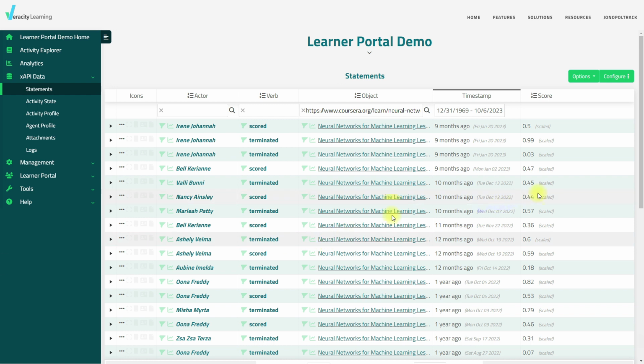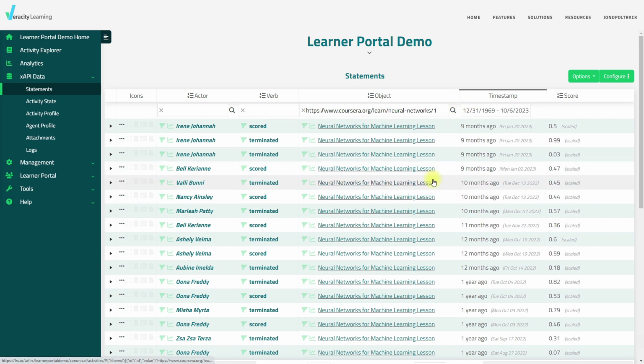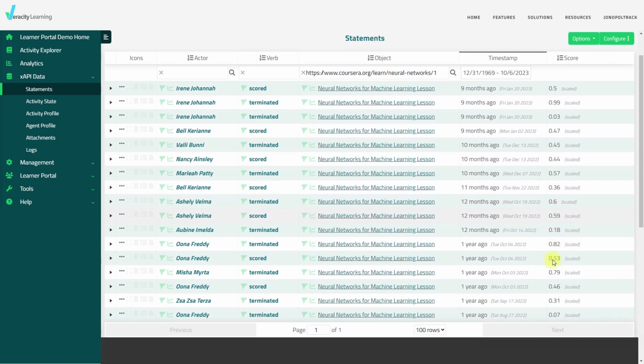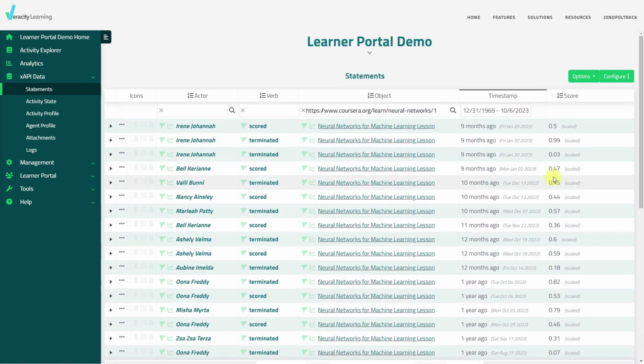So I've set up a report here. I didn't save it, but it's set up, and what we're looking at is a bunch of different actors, some repeats. This is just test data. It looks to me like they're either scoring or terminating. It's a particular lesson, a neural networks for machine learning lesson, and it looks like they have a score for all of these. So if we go in and look a little bit closer,